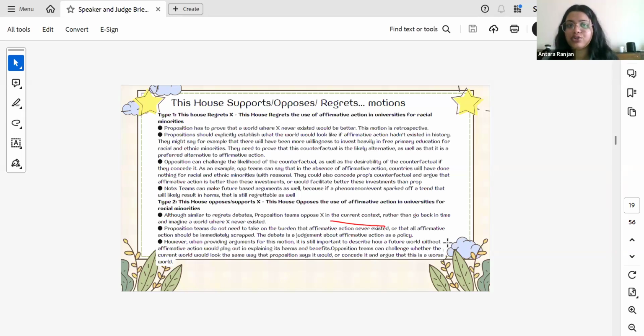What does side opposition do then? Side opposition can challenge the likelihood of the counterfactual. Side opposition can say, panel, it's not that the government doesn't have incentive to improve public transportation today. What they lack is the willingness, which means we would live in a world where it would be increasingly difficult for people to go from one place to another because public transport would remain the same, which means in tier two cities that don't have public transport like the metro, it would be very difficult for people to travel from one place to the other, right? So this counterfactual would never happen.